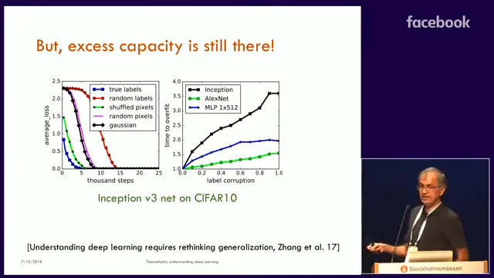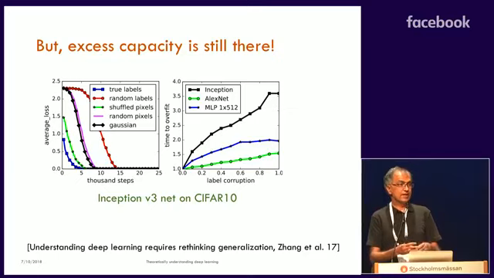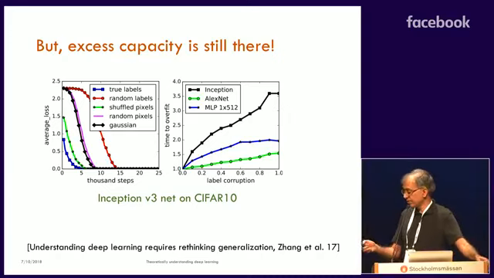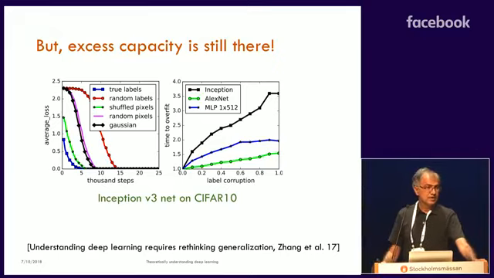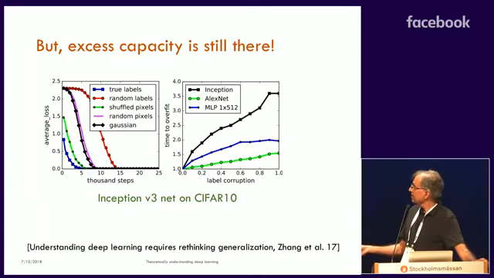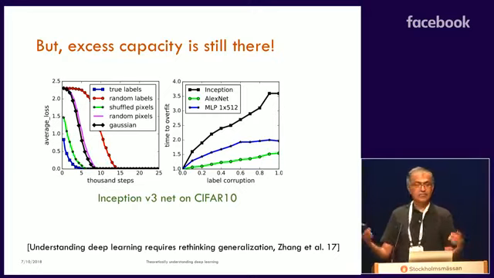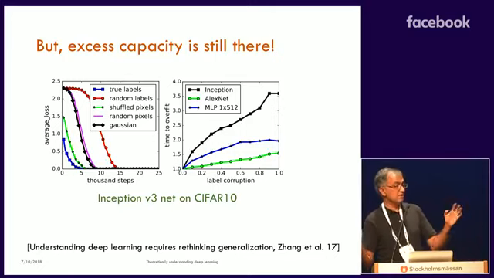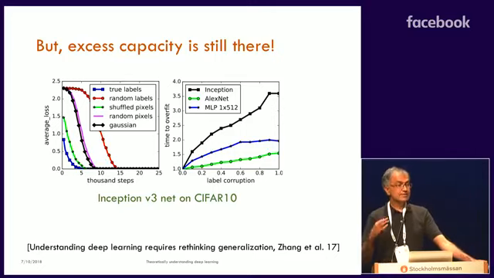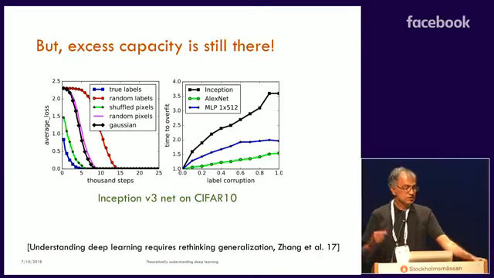Then they start messing with the data. Okay, they change the labels randomly. They even substitute the pixels with random pixels, et cetera. So they corrupt the data more and more. And you can do more and more severe corruptions, and the net fits them all. Training error goes to 0. And it's not even that many more steps, okay? This shows factor 3, factor 4, even factor 2 in the number of steps. And the net fits even the corrupted data. Severely corrupted data, completely random data. So it still has the capacity in there. So this was a very striking experiment.